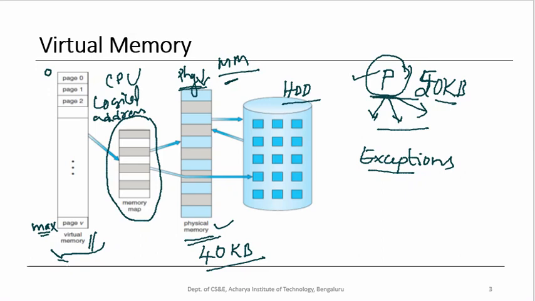So you need not worry about the size of your program. The size of your program can exceed the size of the physical memory, and the operating system will keep multiple processes or multiple programs in the main memory and run them concurrently in order to give better performance or better throughput. This is what we have learned in our previous discussions. Now we will take this discussion forward and see how virtual memory is actually implemented.